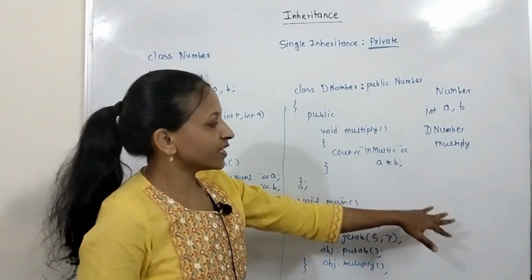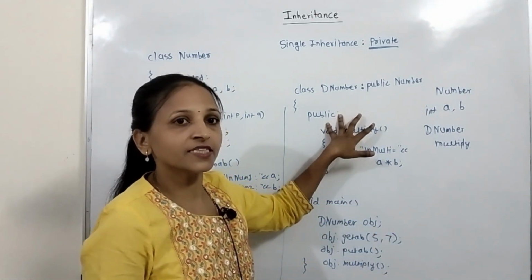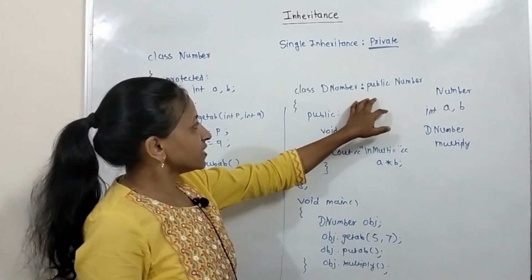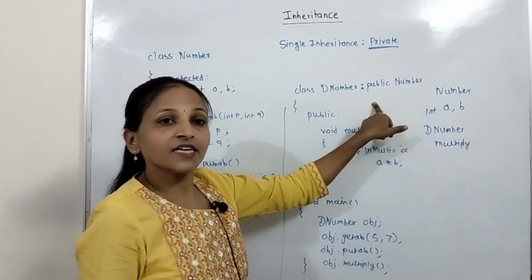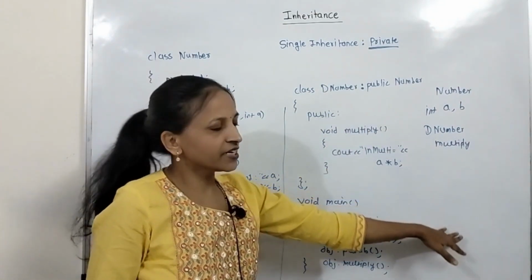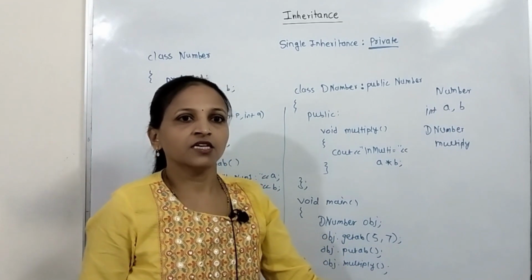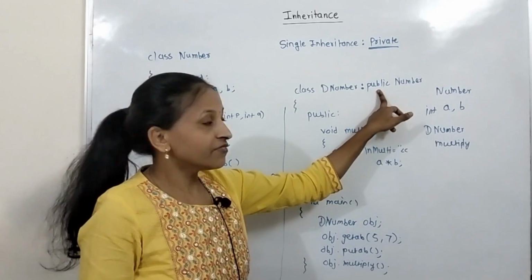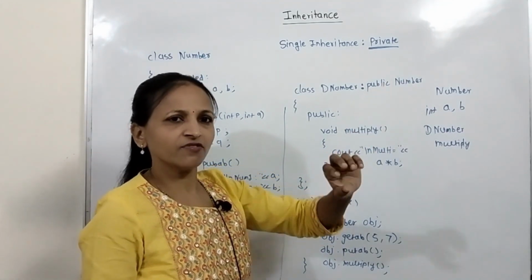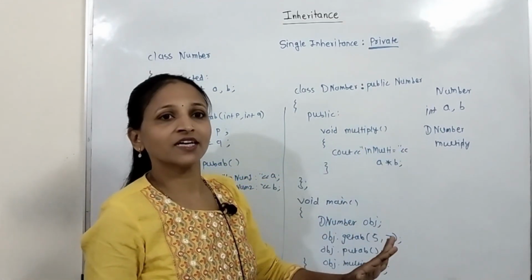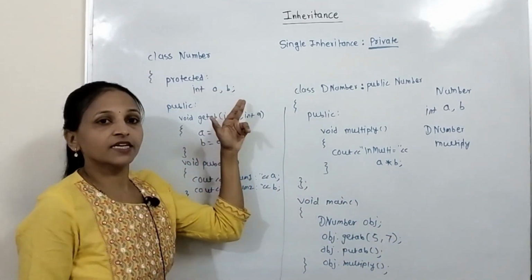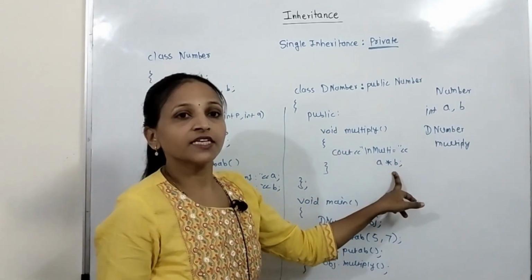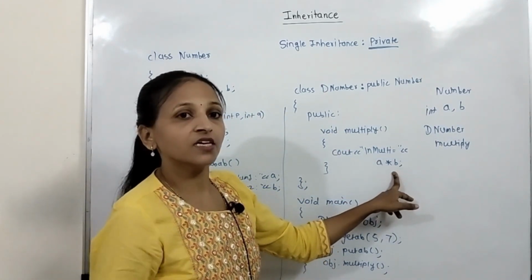If you are creating any derived class from this class, if you are considering this class as a base class for any derived class, then inside this class A and B will be inside the protected section, and that will be inherited automatically in derived classes, because protected will always become protected in the derived class if the derivation is public. That's why always just write public here. That is always a better idea, and just declare the data members as protected, so that we can directly access those data members in derived classes without any problem.